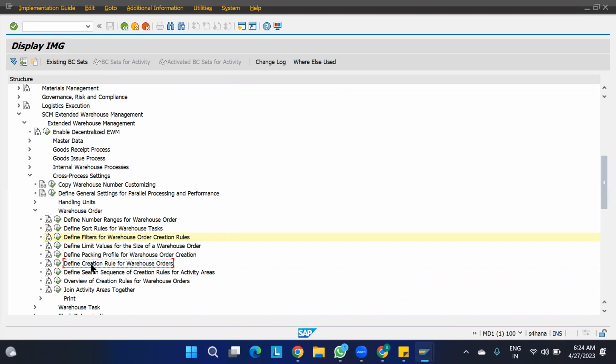Next thing, for this packaging profile, whatever packaging profile we are creating, we have to have one pack spec. We have already done the packaging specification. If you are packing materials into a particular HU, then definitely you should have some packaging specification. Without the packaging specification, you cannot move further. So we have to create the packaging specification. And one more thing, I'll just go to the